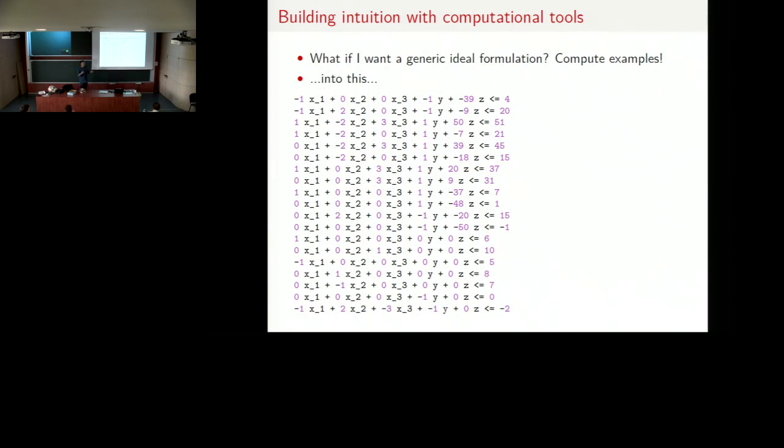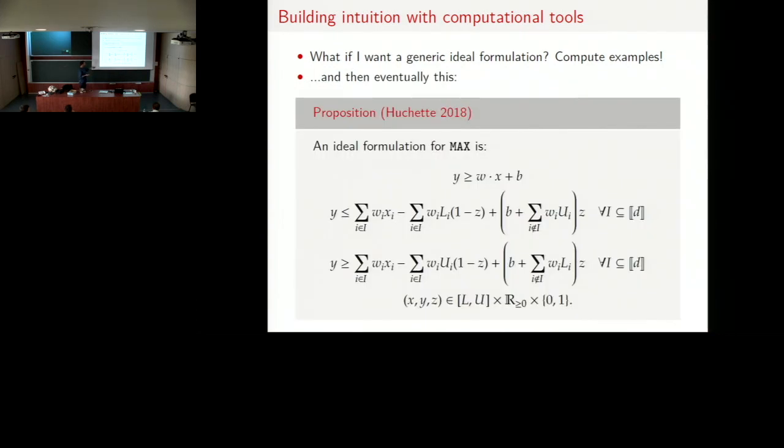So you can do this. It will work for one particular instance if you just want to solve one problem. Or you can run it for a bunch of different data, stare at it for a while, and at the end of it, hopefully get a theorem out of it, or proposition rather. This is an ideal formulation for the max unit that I showed you earlier, the one that arises in a trained neural network. Essentially, we have the original big M formulation that I showed you. What was missing are these two exponentially sized families of additional inequalities that you needed to chop everything else off. And the way I was able to understand what's going on here